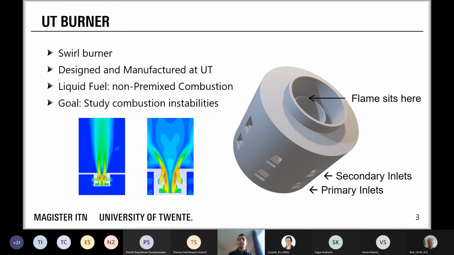And the design is comprised of this sort of 3D shape you see on the right. I'm highlighting the primary and secondary inlets of it. So both inlets are sitting at an angle, with a unique angle each one. And so each set of inlets has a different inlet angle, giving it a different swirl. And the two flows sort of merge outside, where I'm highlighting, where we expect the flame to be anchoring. And then this renders the whole geometry also purely non-symmetrical and a complex shape, which is always a challenge for